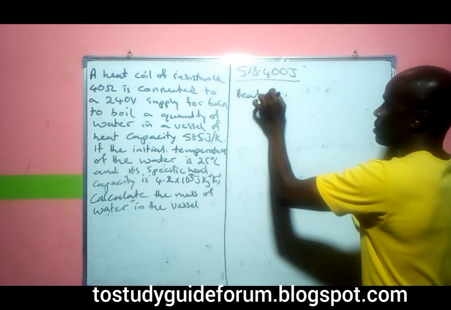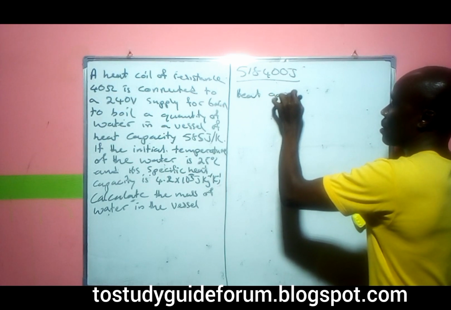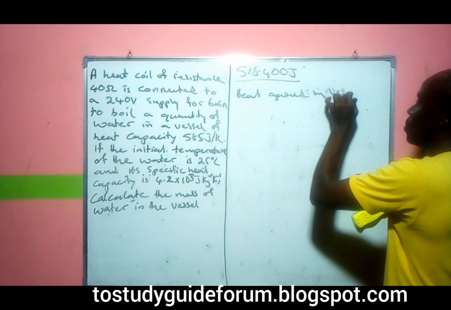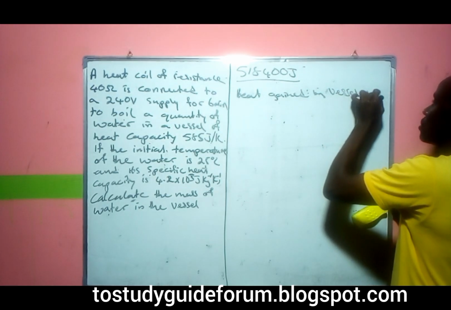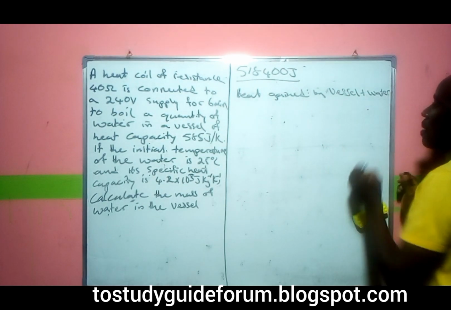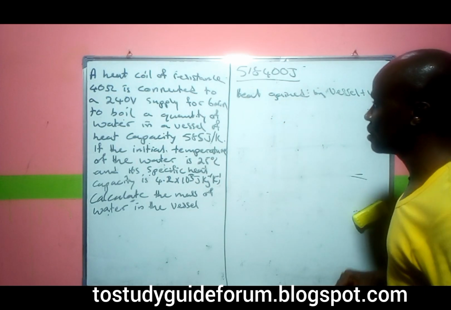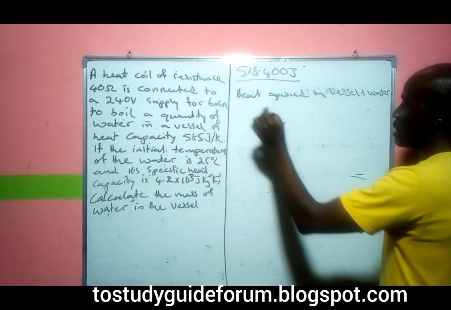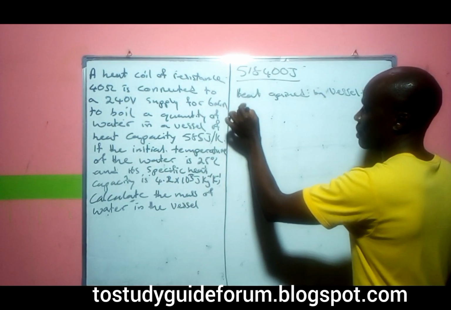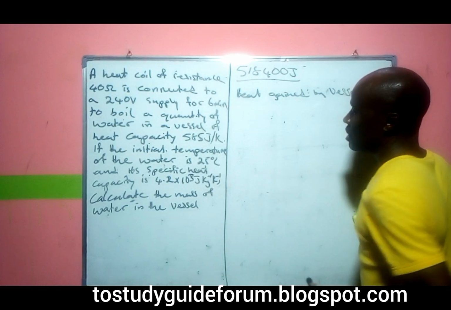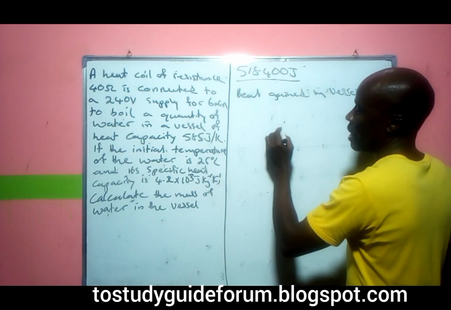Heat gained by the vessel plus water. So for the vessel, we have the specific heat capacity of the vessel. The heat capacity of the vessel, we can say